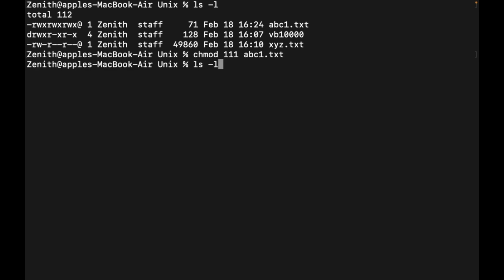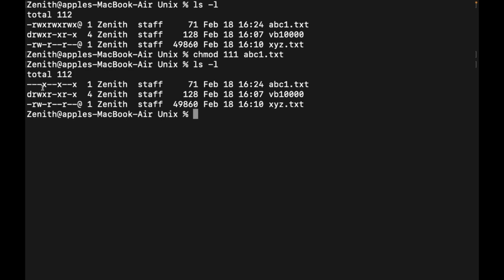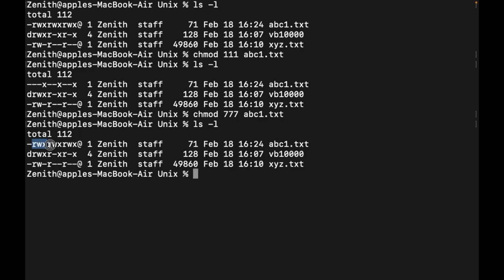Let's see what output we have. Here we can see that everyone got the execution permission because I used 111. Then if I use 777, okay, and if I use ls, then we can see rwx, rwx, rwx, which means everyone got all the